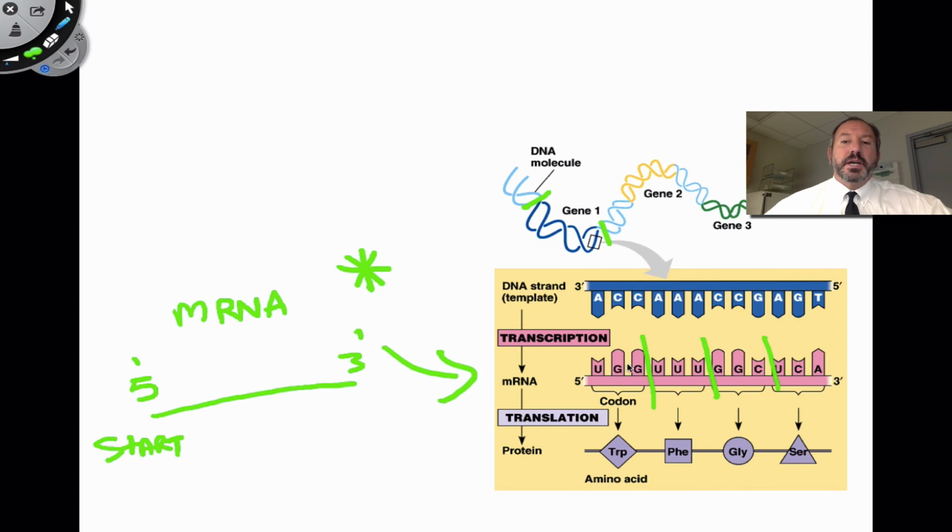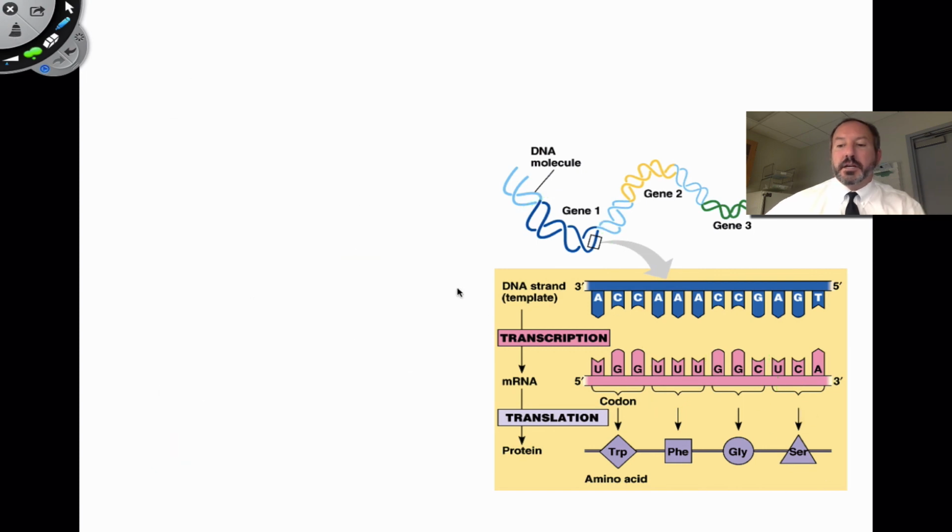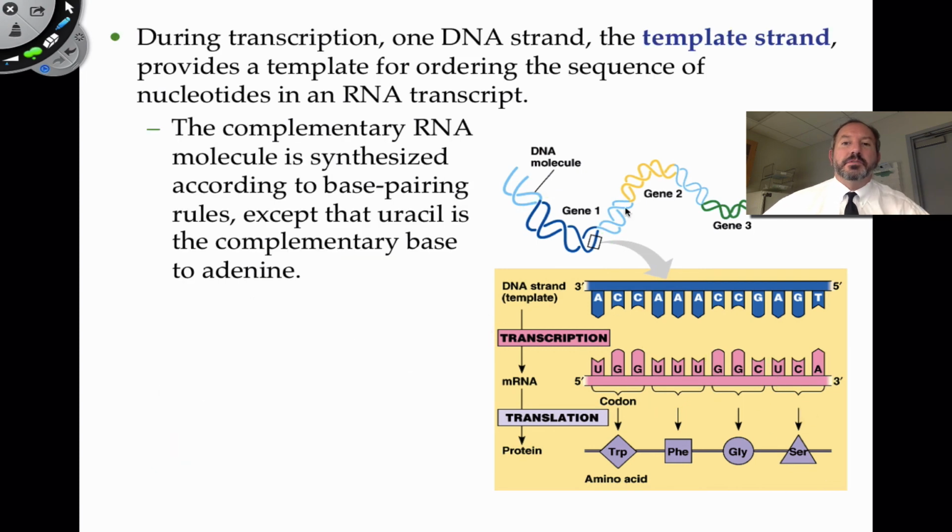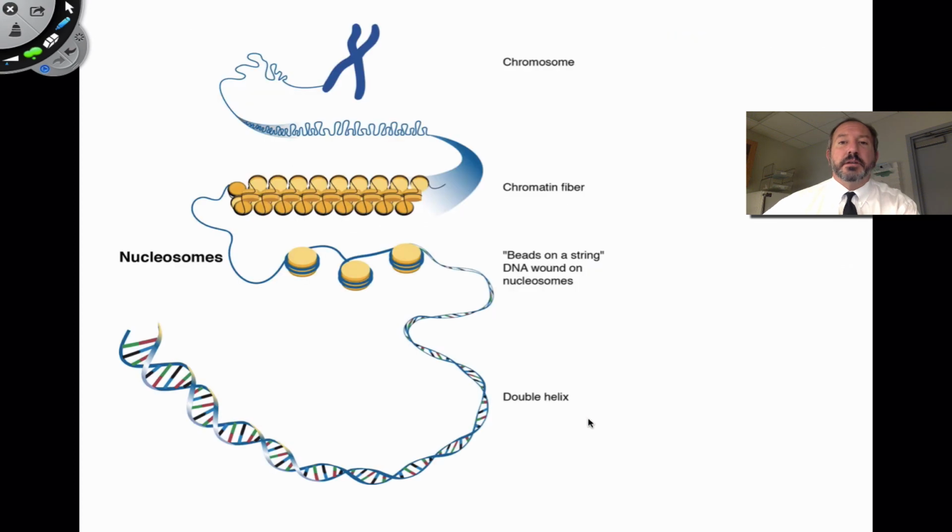And so when I say 3 makes up an amino acid, this is what I mean. UGG codes for trp, and UUU is phenylalanine, and GGC is glycine, and UCA is serine. So this is how the genetic code is read. And so there's a template strand, and you're like, well, what's the other one? The other one's the complementary strand. And so that's important in terms of DNA sequence. Of course, they're complementary, but one of them contains the sense strand, if you will, to produce the messenger RNA, which is then translated into the protein.